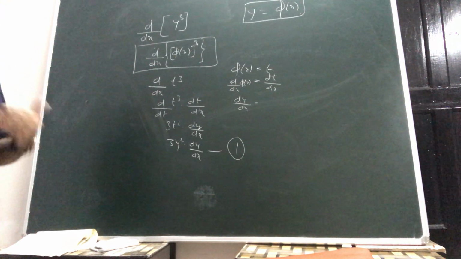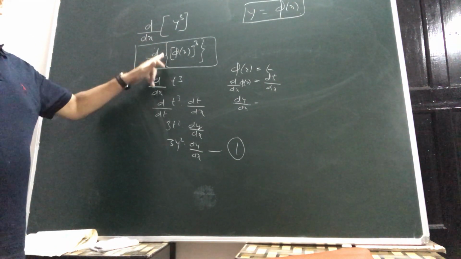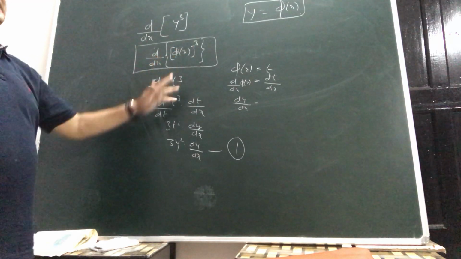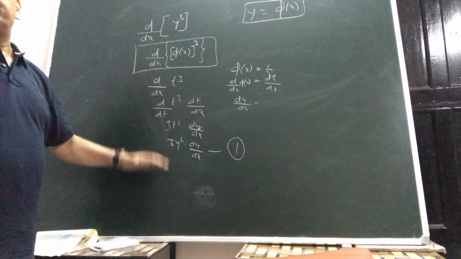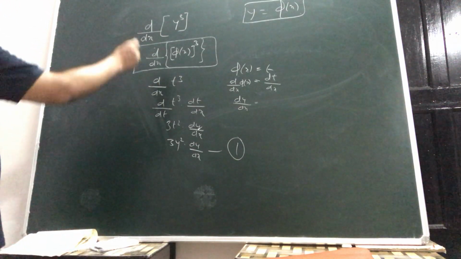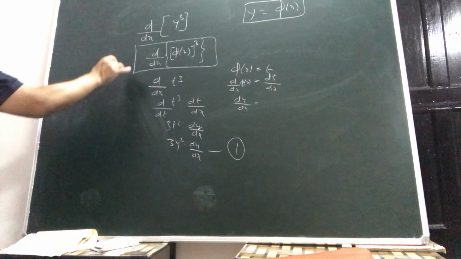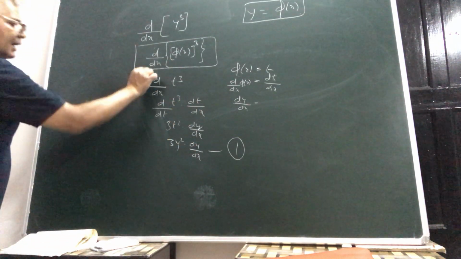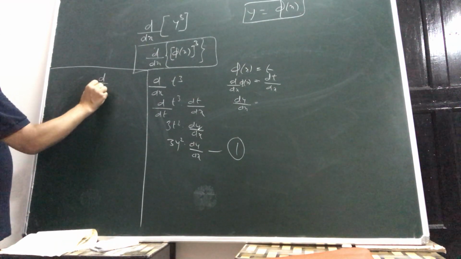Yes, I could have put it like this: if I put y is equal to 5x, and then see if I understand it, then of course it will go this way. In fact, I should have done it this way to make you understand. But see, the same result. If you are assuming that y is a function of x, then the second method of carrying it out is like this: d by dx